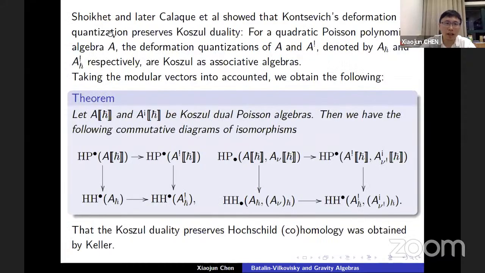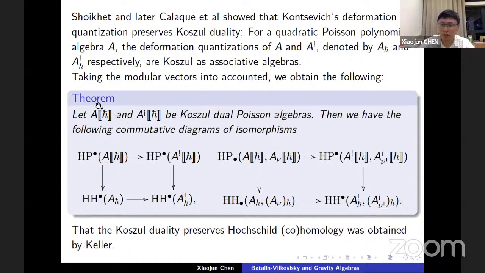So now you see Shoikhet and later Kalak and his collaborators show that conservative deformation quantization preserves Koszul duality, which means for a quadratic Poisson polynomial algebra A, if we denote their deformation quantizations to be A_H and A^! _H respectively, then they are Koszul dual as associative algebras. So now if we take the modular vectors into account, we have the following